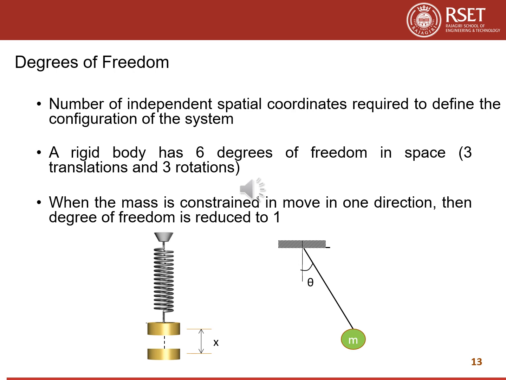If you consider a 2D plane, suppose a graph paper, for plotting any point we require 2 coordinates, x and y. In 3D, we require 3 coordinates. So if we consider a rigid body moving in a 2-dimensional plane, it can move in its plane, that is, in the x direction, in the y direction, or a combination. So the displacement can be a component of x and y, and also it can rotate about the z direction.